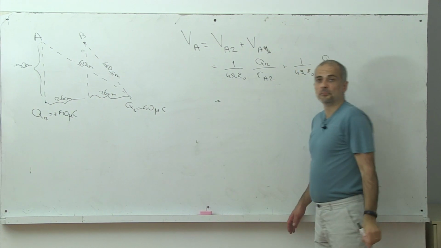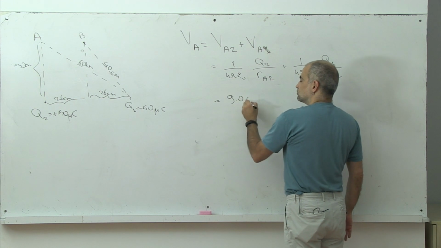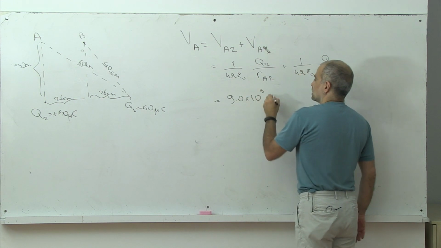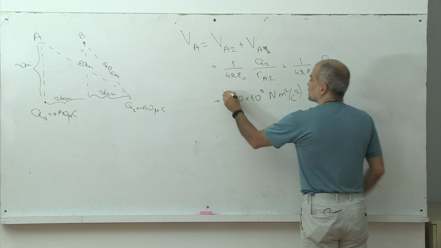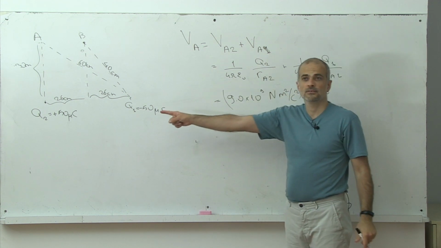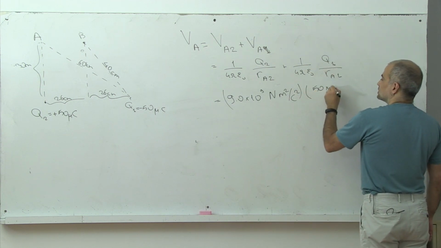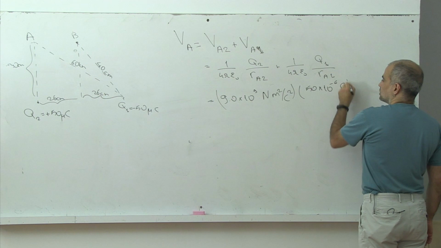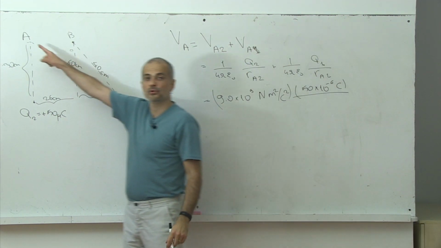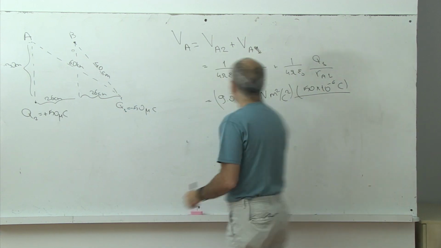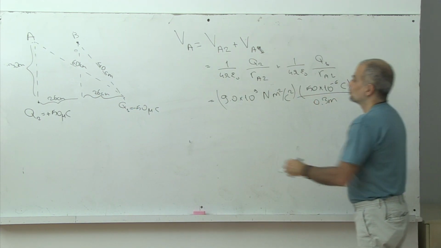Now we can put in the numbers. This constant is 9 times 10 to the power 9 Newton meters squared per coulomb squared. Q2 charge is 50 microcoulombs, so it is 50 times 10 to the power minus 6 coulombs, divided by the distance of the charge Q2 from the point A, which is 30 centimeters, so 0.3 meters. Plus